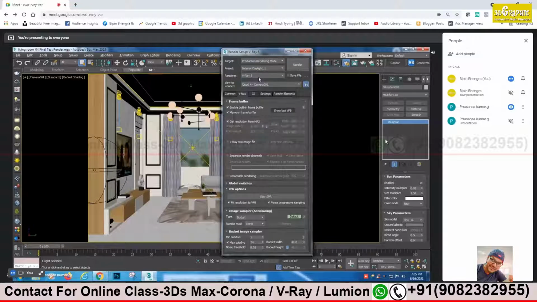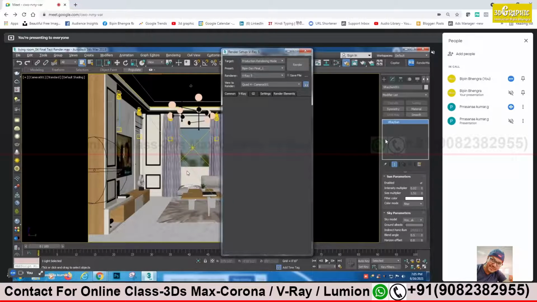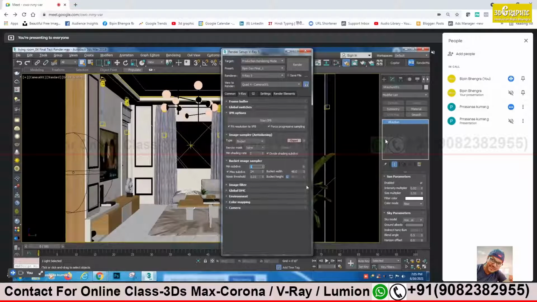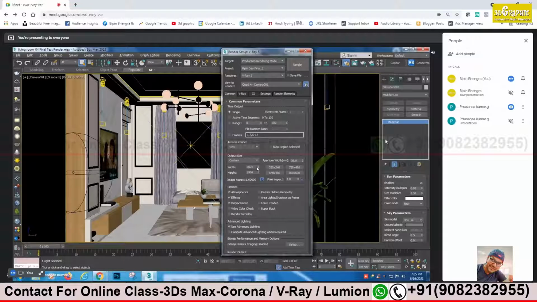That's what we did last time, the exterior. I'll bring back that. Yes, take that. Because you see your overall render size also changed. You notice that? That is common because of this one. The image ratio has also changed. You see that? And this was in this one, sir.